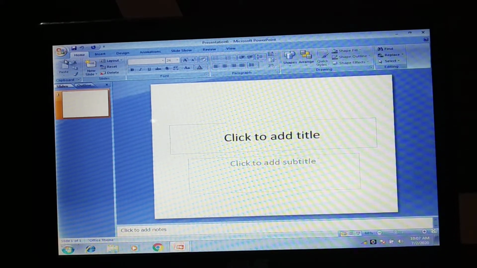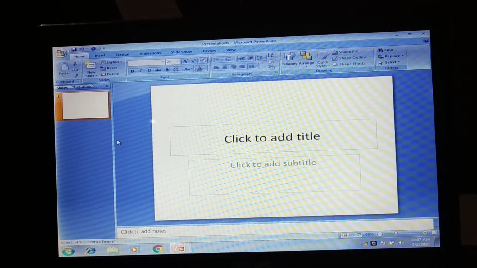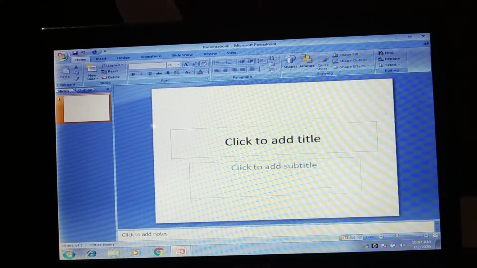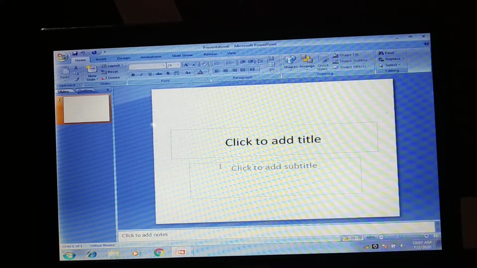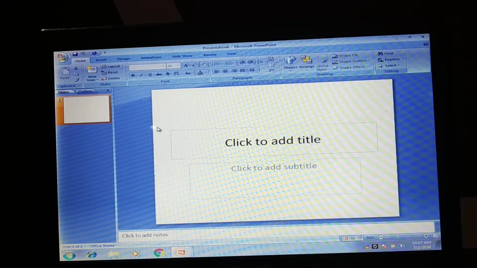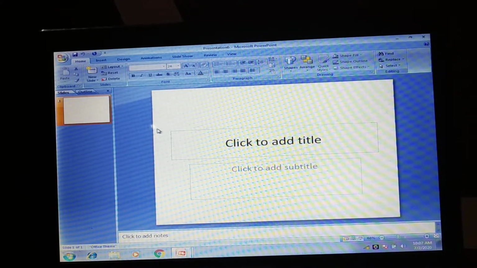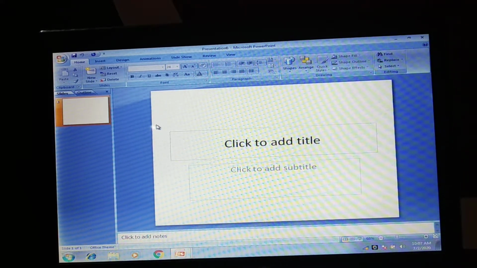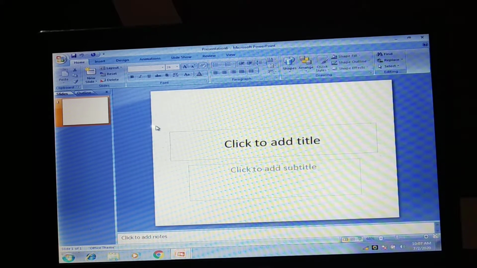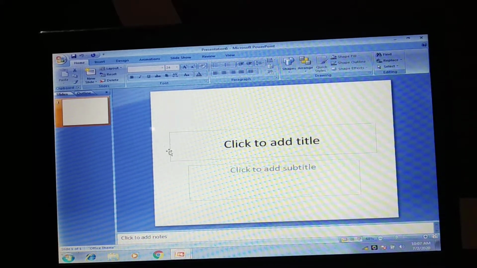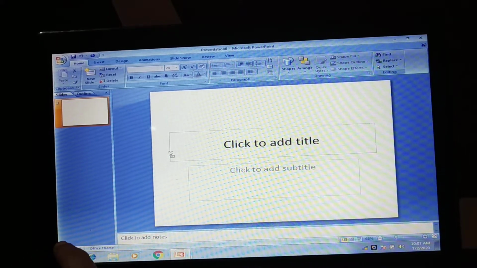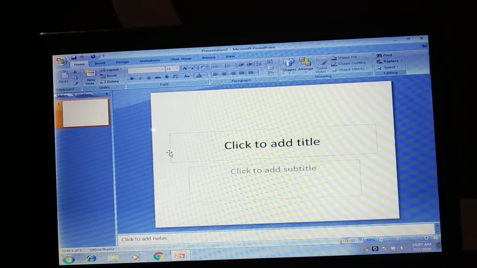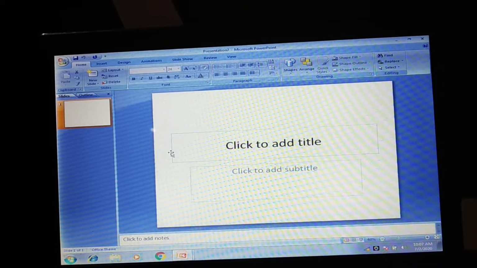Click to add title, slide layout. Here you can add text, and in the second box you can add some pictures or whatever you feel is required for your presentation. Next, quick tip: it is written that the shortcut key to create a new presentation is Ctrl+N. This is very important information. Underline it, tick mark it. You have to learn this shortcut, that by pressing Ctrl+N on the keyboard I can take a new presentation.